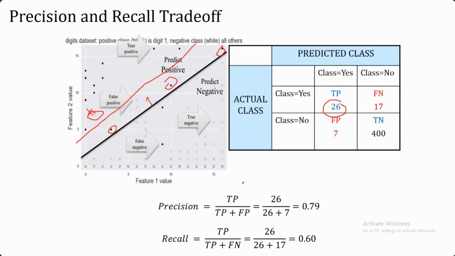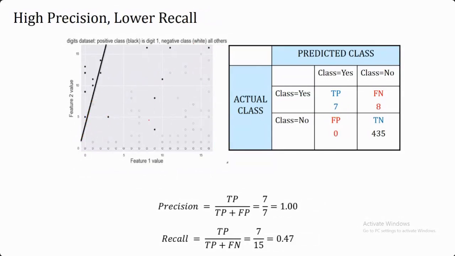So if I am moving in this direction, my precision is going to increase, but my recall is going to reduce. Okay, so let's see this case, same as I have explained. Here, I have adjusted my boundary. All of the instances which have been classified as positive were actually positive. Out of seven, all seven are positive. So your precision is now exactly one. But your recall has reduced. Why so? Because you have missed out some of the instances, so that's why your recall has reduced.